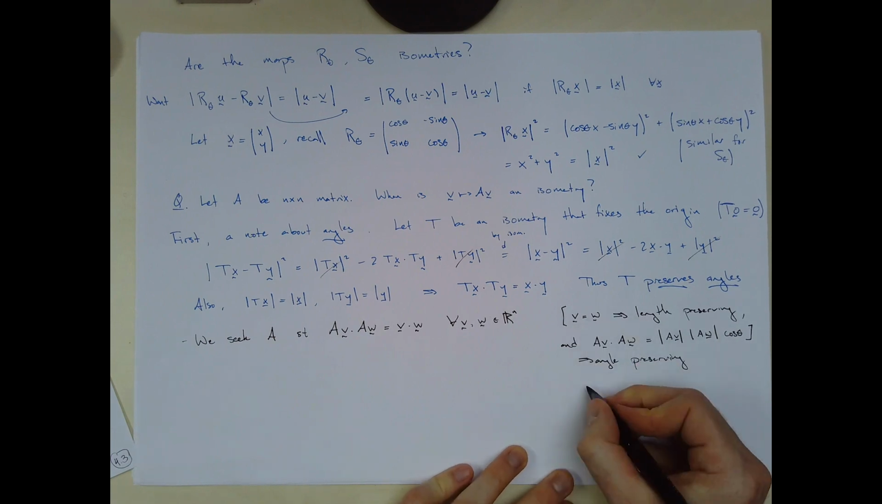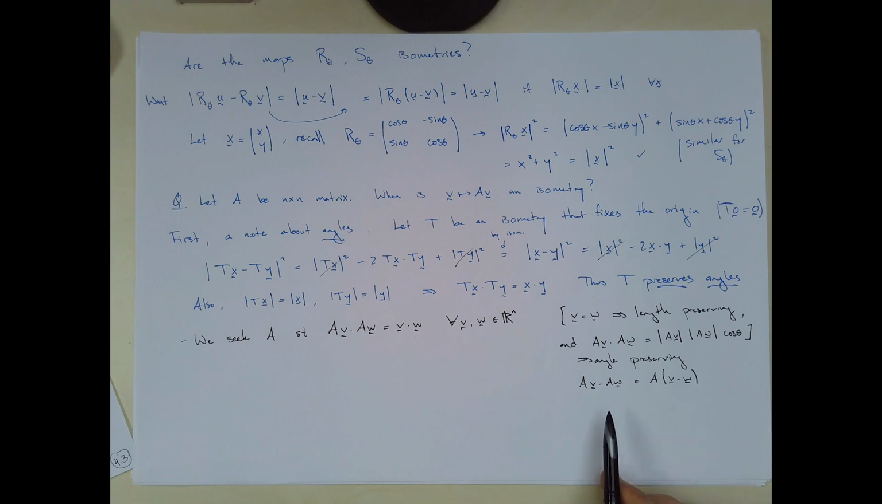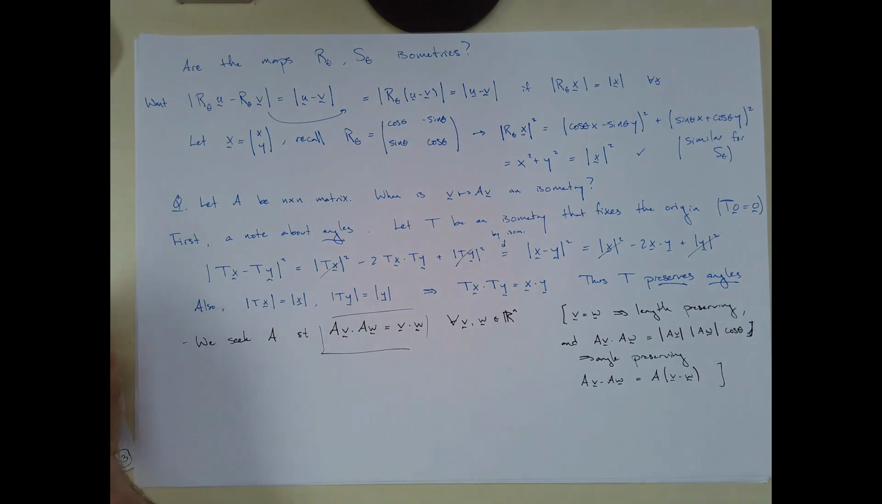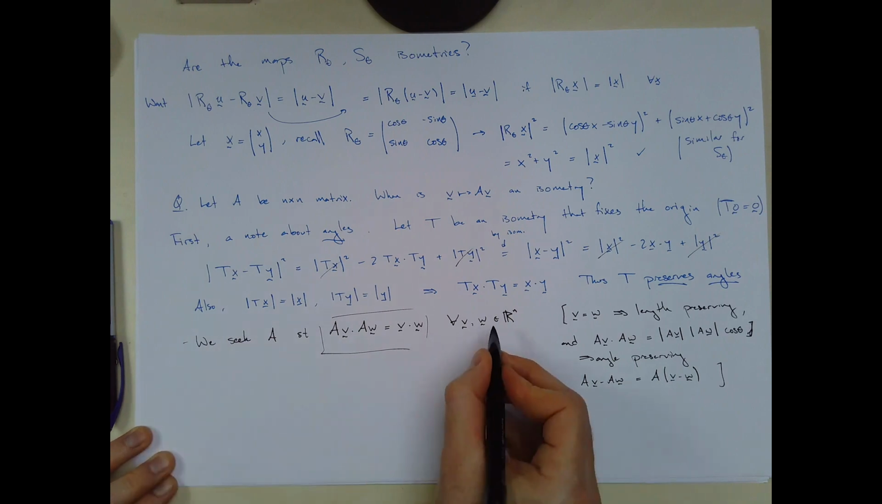We could, of course, also write that AV minus AW is A(V minus W), again applying a similar operation. So it's not just length preserving of a single vector, but of the difference of two vectors. Okay, so those are the statements that we want to work with: AV.AW equals V.W. And now a sort of trick is for V and W in Rn,